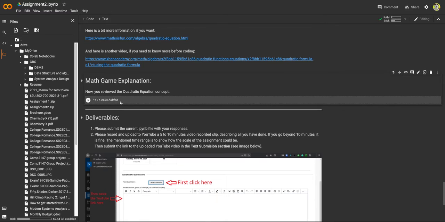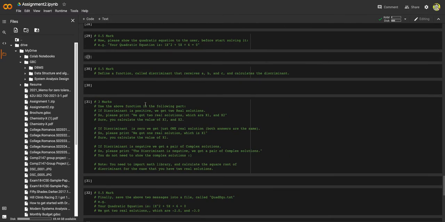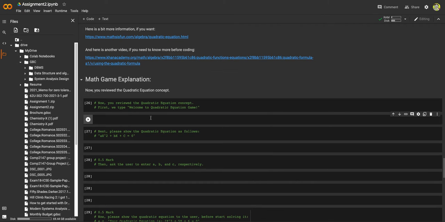So what is this? Why? We have to code more. Okay, let's do it. We see the quadratic equation concept. Print this. You are wondering why I'm typing this if I can just copy it. It's to increase my typing skills, just for the sake of that. And the quadratic equation is